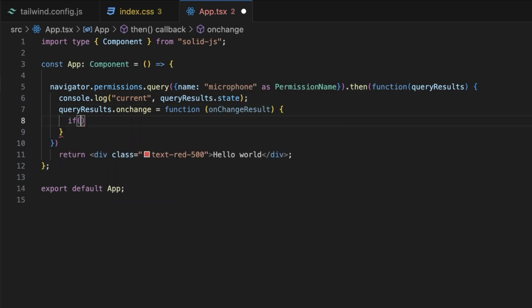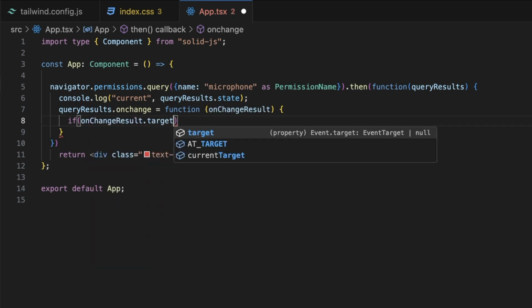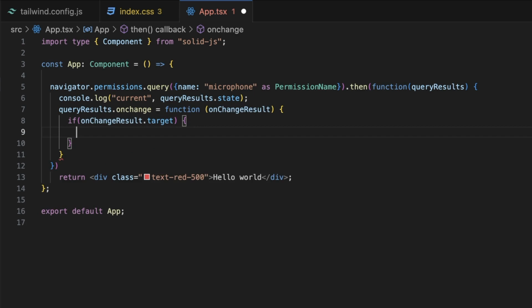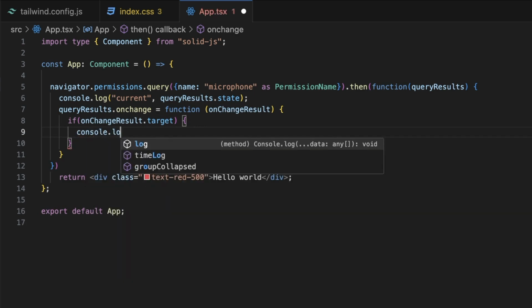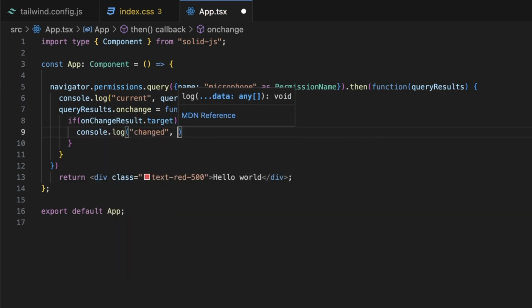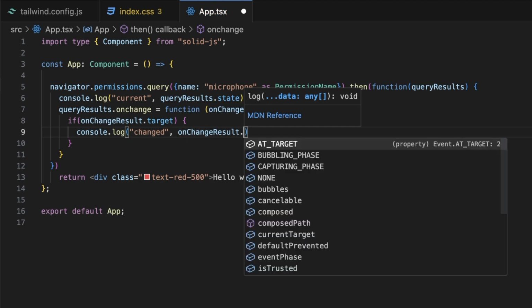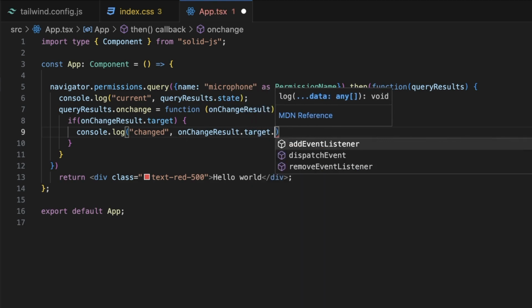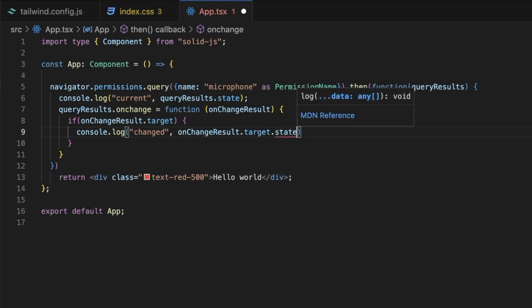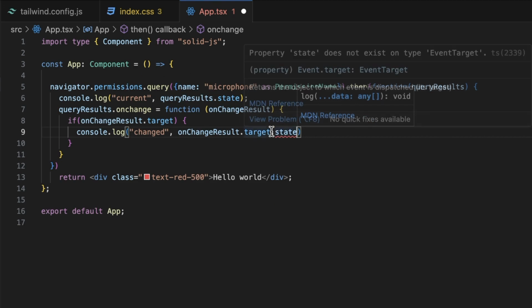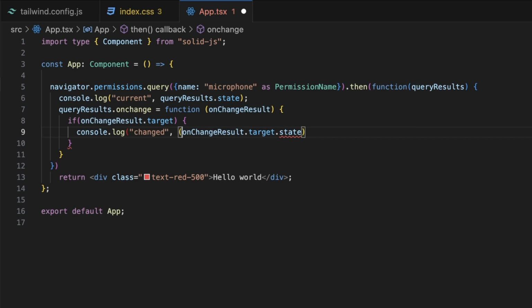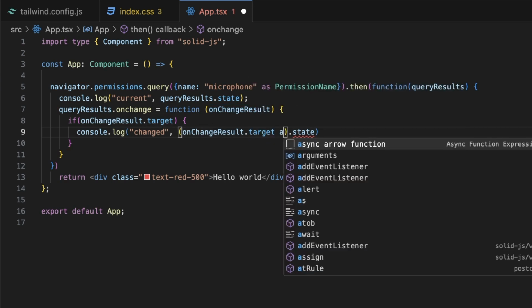And if this result does have the target variable, we can actually go ahead and just console log the state. So on change result dot target dot state. Now again, TypeScript will complain about this. Don't worry, this does work. You just have to typecast it. So go ahead and parentheses and write as